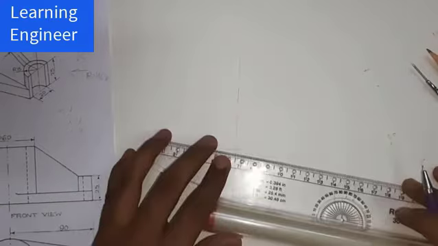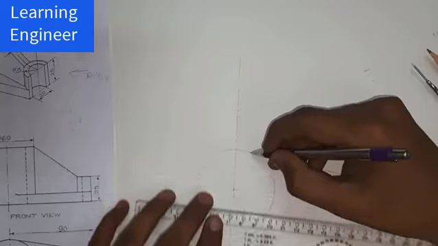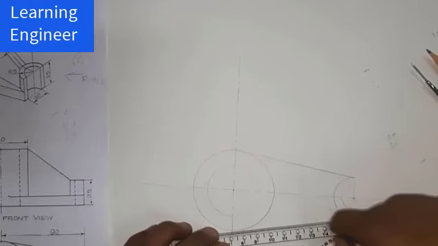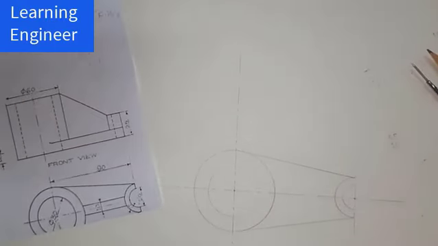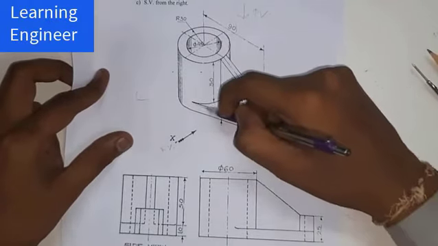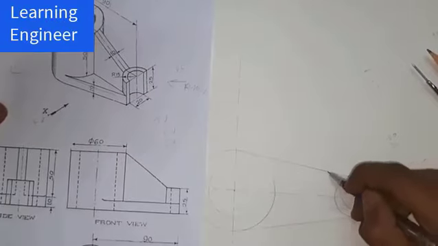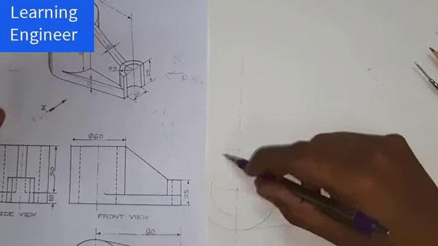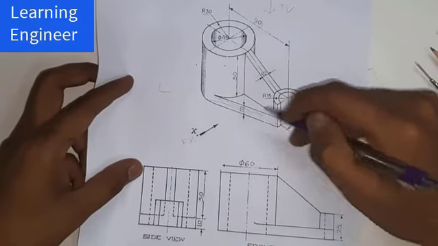You have to join this point with this circle and the line will be tangent to this circle, and again you have to join this point with this circle and the line will be tangent to the circle. And one more thing is remaining. When you see from the top, I have drawn these two circles and these two circles, and drawn this line, and on the back side we have the same surface, so I have drawn this line. Now this line indicates that this line is tangent to this particular surface. You can see over here. Okay, you can assume this just like a rib.